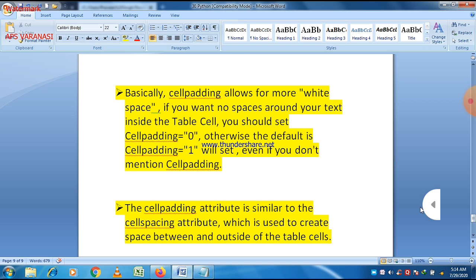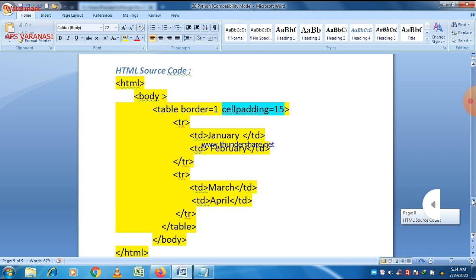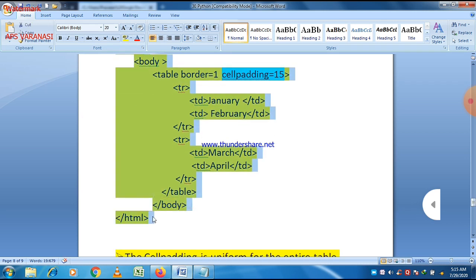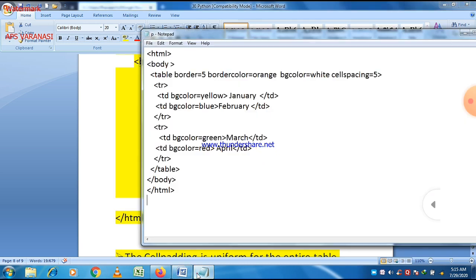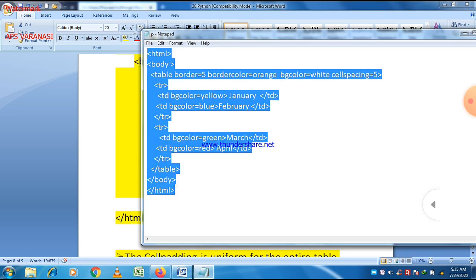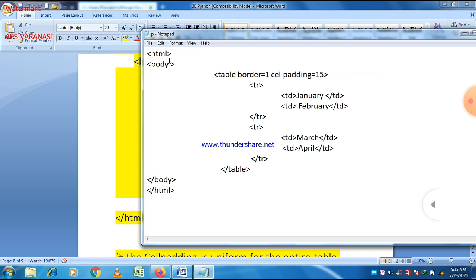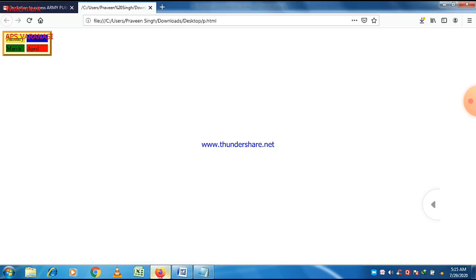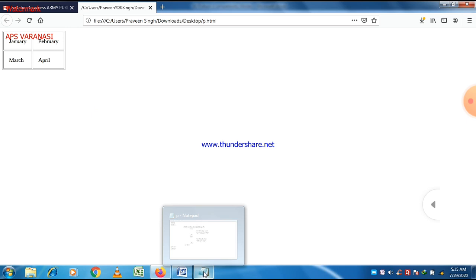So now these are the two terms. Most of the time these two terms are asked in combination: what is the difference between cell spacing and cell padding. So let us execute the program of the cell padding and check what the output of this program is again. Cell spacing provides the space between different cells. Just save the program and refresh the web page. You can easily see that there is a space between different cells here.